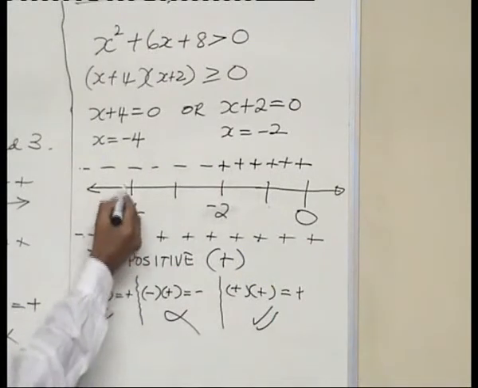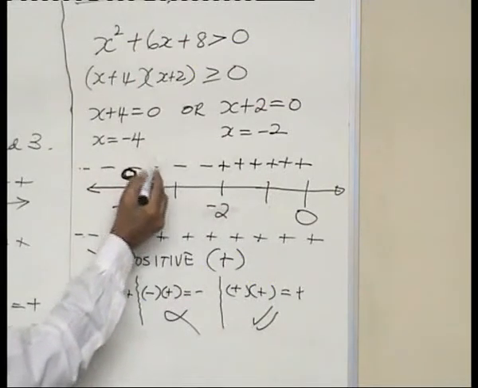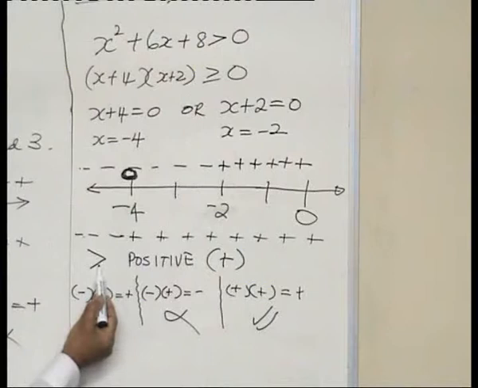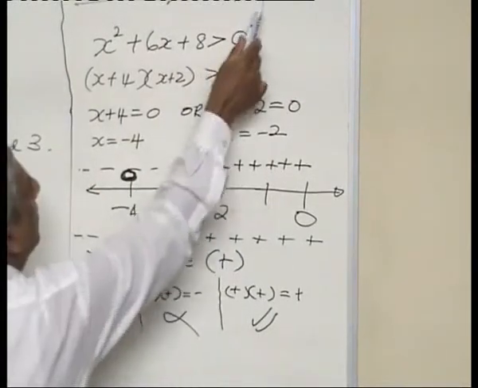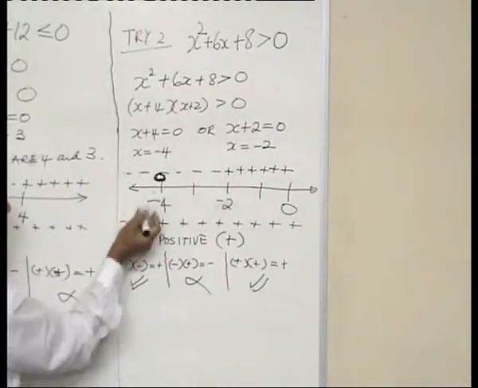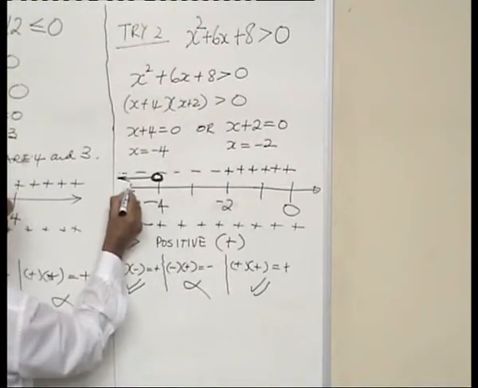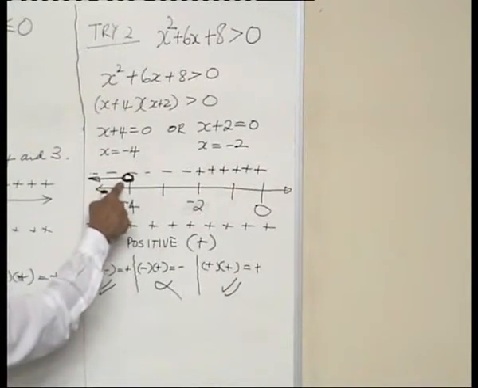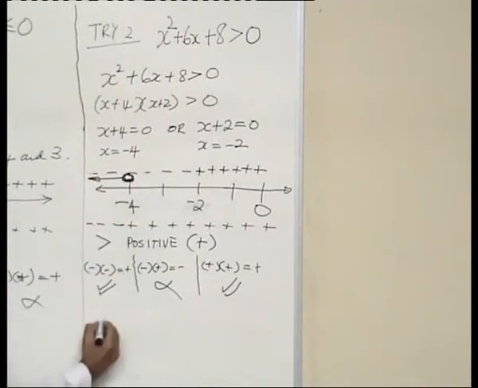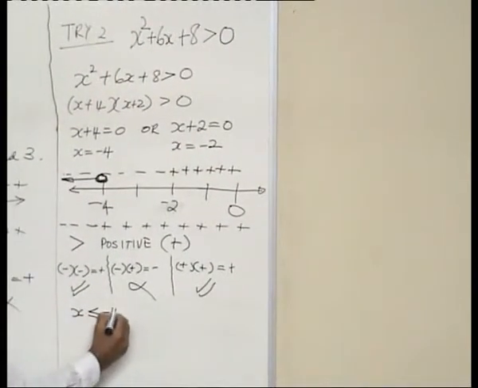If you look, firstly, the answers are here. Now, why am I using a circle this time? Because there is no equal to sign here. Sorry, this is not supposed to be. There's no equal to sign there. So therefore, that number will be excluded, but all these numbers form part of the answer. Now, how do we explain that? We say x is less than minus 4. So one answer is x is less than minus 4. Or,